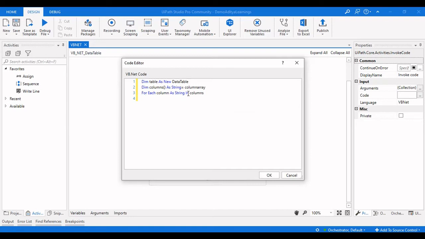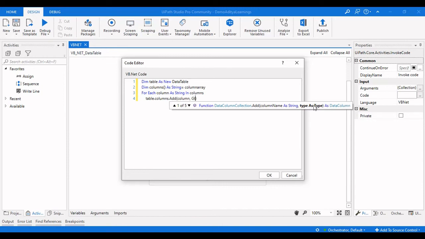So we declare the for each as a column, every column in the columns, and we need to insert it into the table. So we need to write a table and make this a column: table.columns.add, and we need to give the value, which is column here, and we also need to mention the type. You can see here the function, data column collection dot add, the column name. We already gave the column name as string here, and the type as a type.